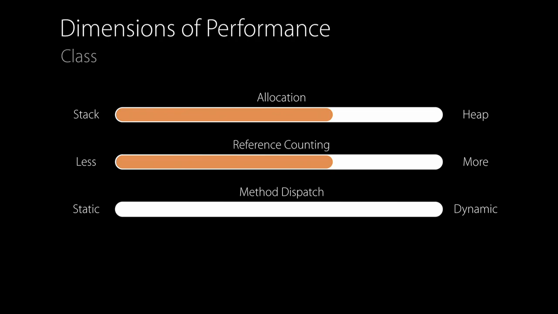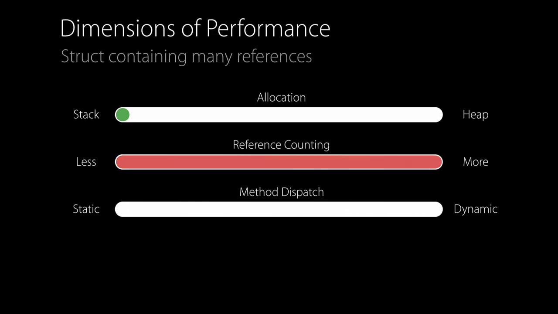All right, so in summary, because classes are allocated on the heap, Swift has to manage the lifetime of that heap allocation. It does so with reference counting. This is non-trivial because reference counting operations are relatively frequent and because of the atomicity of the reference counting. This is just one more reason to use structs. But if structs contain references, they're going to be paying reference counting overhead as well. In fact, structs should be paying reference counting overhead proportional to the number of references that they contain. So if they have more than one reference, they're going to incur more reference counting overhead than a class.